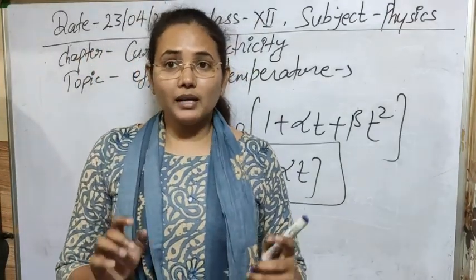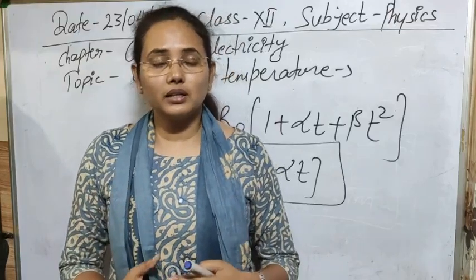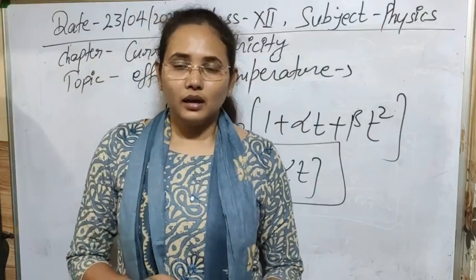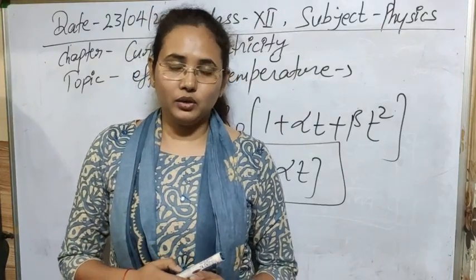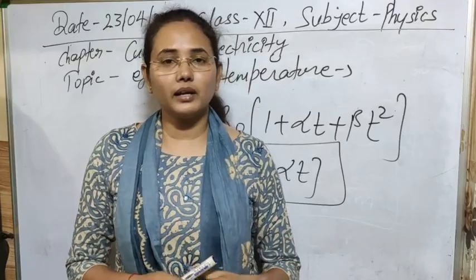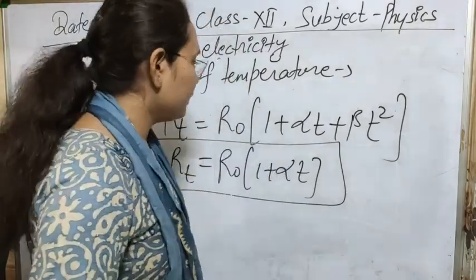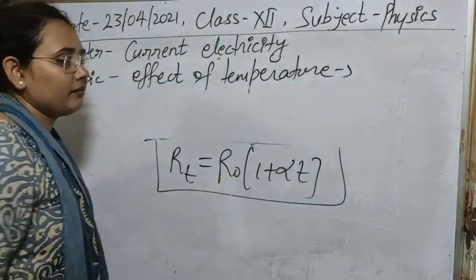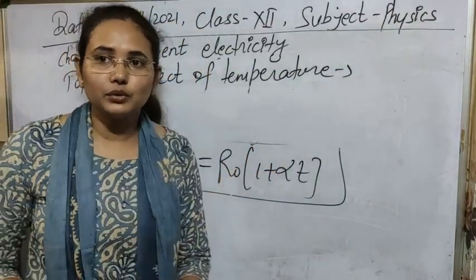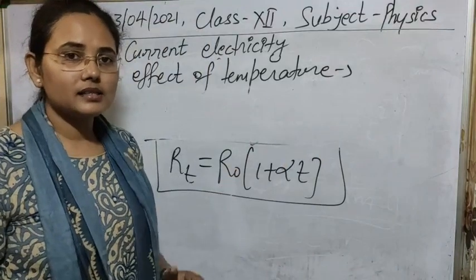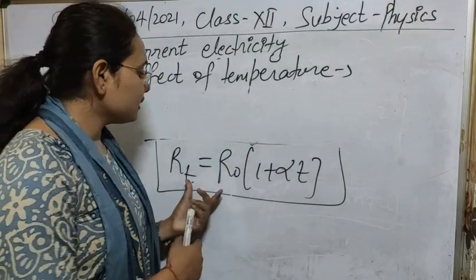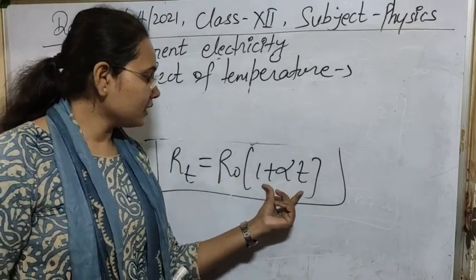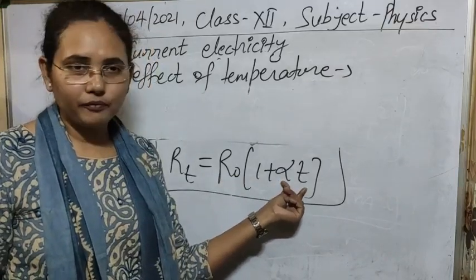So for any material, if we have knowledge about the temperature coefficient of resistance, then we can understand which kind of material we have. You can even distinguish and analyze the material. Let's see why. As I have just discussed, if there is an increase in temperature, then the resistance is also increasing. So at absolute zero temperature, the resistance is increased by some alpha factor.